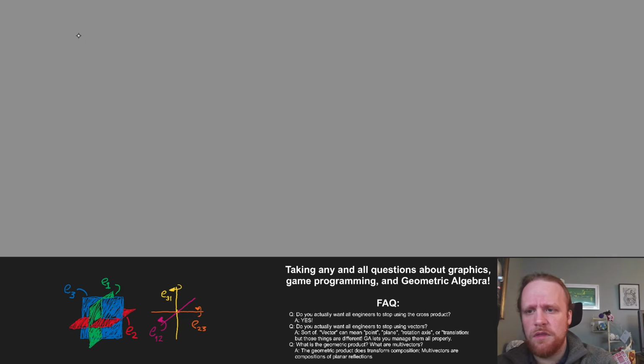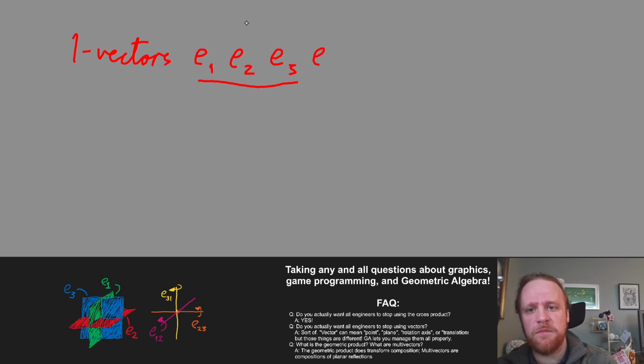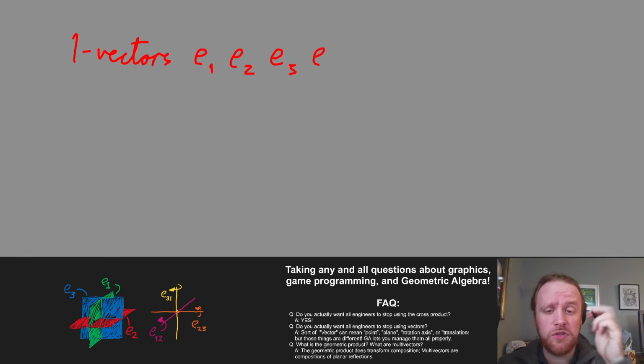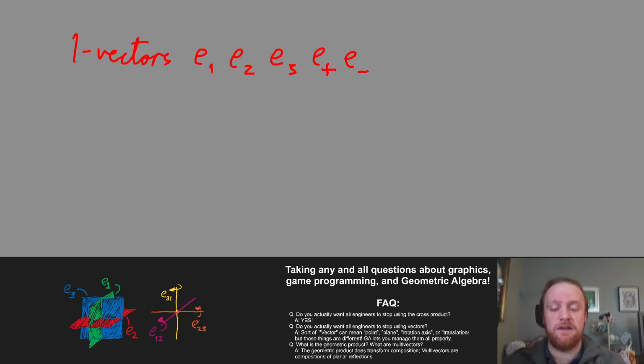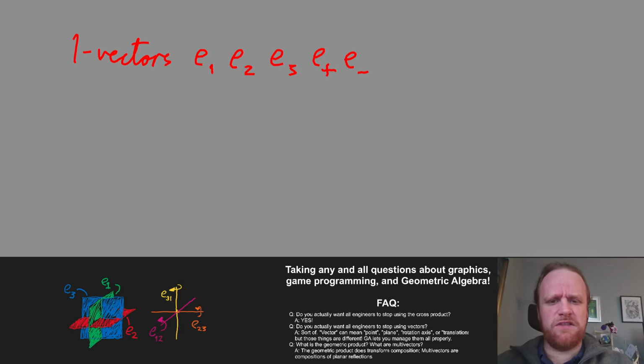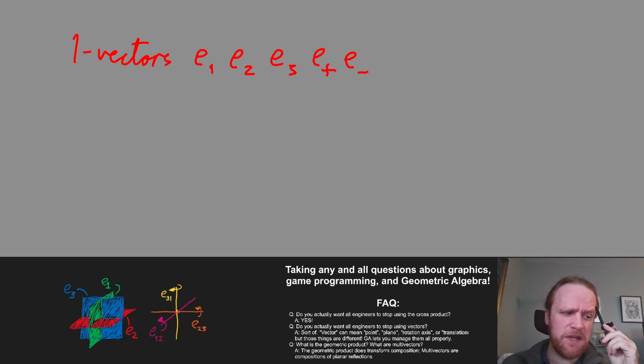You've got the 1 vectors in red, E1, E2, E3, E4, no, do you know what? So these you'll be very familiar with, I hope. In conformal geometric algebra we have, and I'm going to use the notation E plus and E minus. And if you don't like that, well, I'm sorry, it's really necessary. I've got a bit of a cold, by the way, so I'm not very nice to listen to, but you really need to use E plus and E minus in this context